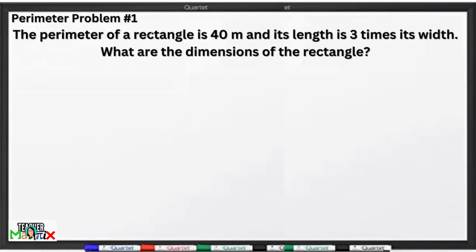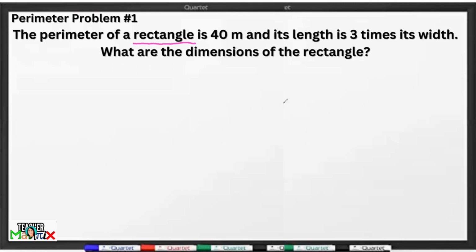The perimeter of a rectangle is 40 meters and its length is 3 times its width. What are the dimensions of the rectangle? Na-emphasize dito yung polygon, which is rectangle. Let us always remember, different ang formula ng perimeter of a rectangle, triangle, pentagon, hexagon, and other